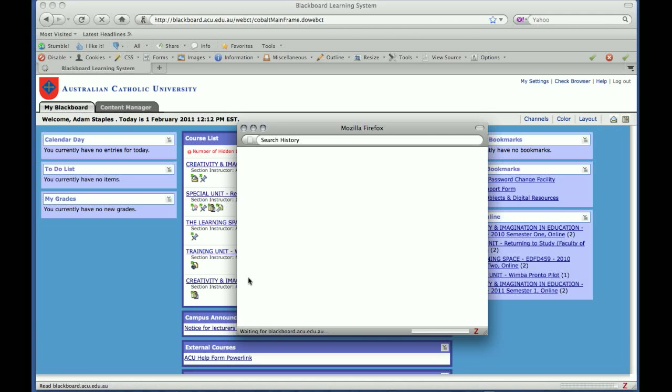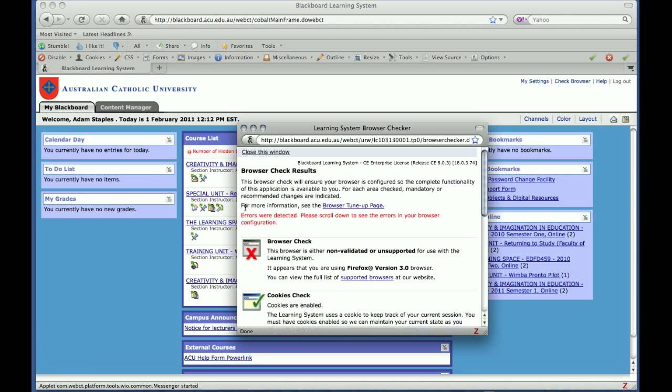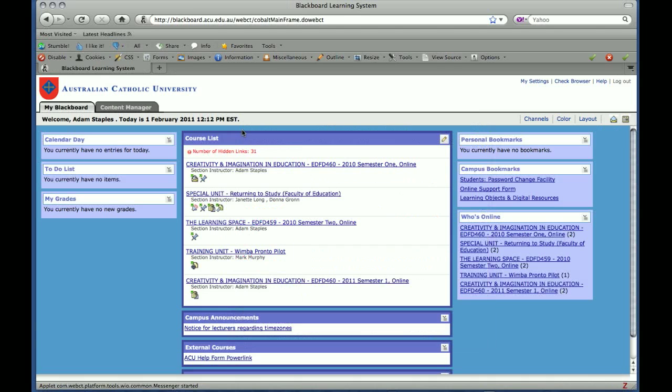What it will do is open up your personal Blackboard space. On that space, it will have all the units that you're enrolled in, the units you're actually going to be studying. There are also going to be a few special units that you're enrolled in by the university. We have a drug awareness one, we have returning to study, various different things like that. The one that we're concerned with at the moment is Creativity and Imagination in Education, EDFD 460, 2011 Semester 1. So all you need to do is click on that once,